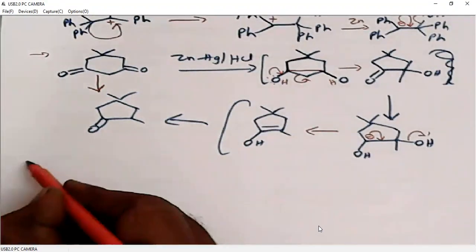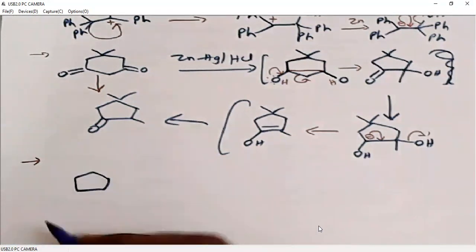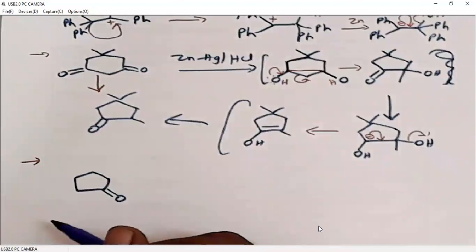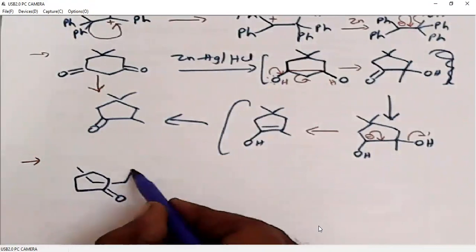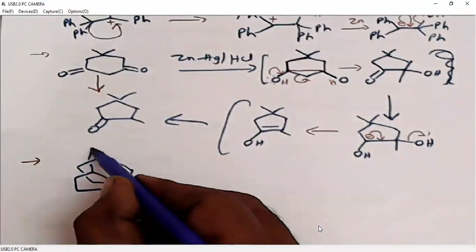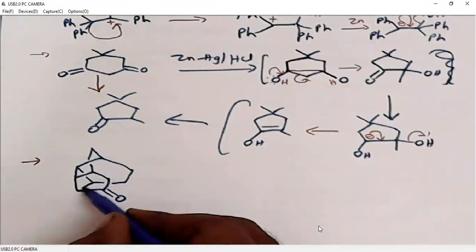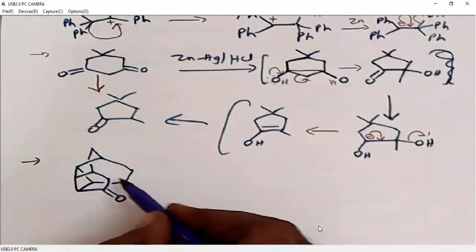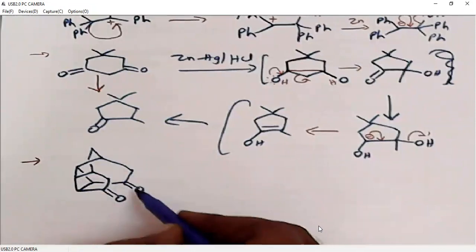So in the last example, we have a cage type of molecule here. So it is a 5-membered ring here, and similarly, we also have another 5-membered ring in the back side. And these two are bound together by a bridge. And we also have bonding between these two carbons. These two carbons we don't have bonding, and these two carbons are bound by a bridge. So it is a dicarbonyl.